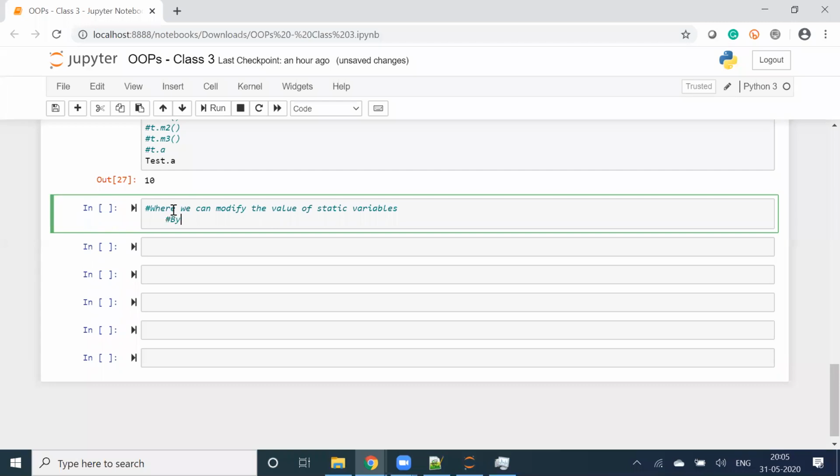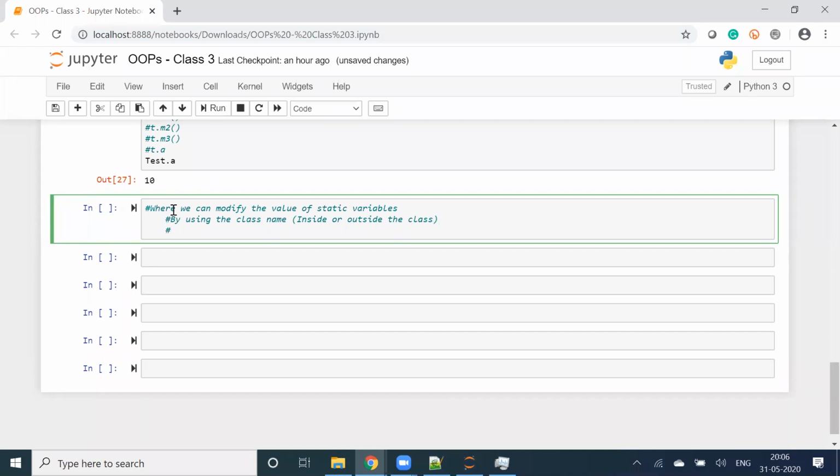First, by using the class name inside or outside the class. If you want to modify the static variable by using class name dot variable name, you can modify it either inside or outside. However, inside the class method, by using the CLS variable also we can modify.